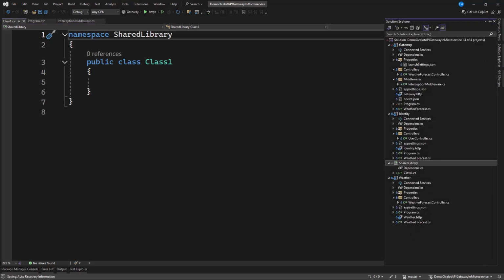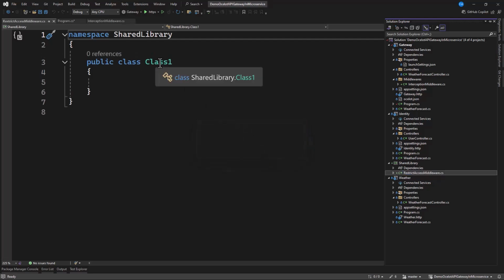So with this, maybe we can just rename this, and I'm giving the name of maybe RestrictAccessMiddleware. Well, you can also give it a name of your choice. So let me have a RestrictAccessMiddleware. Maybe we can put this in a folder, but since we have only one here, that's the reason why I'm not putting it in a folder. Okay.